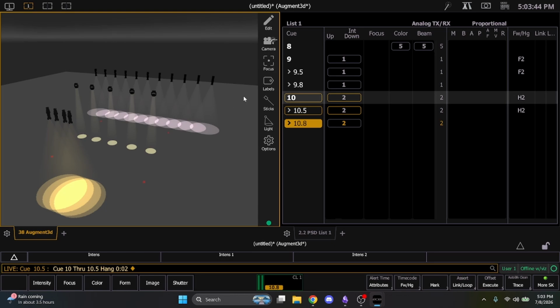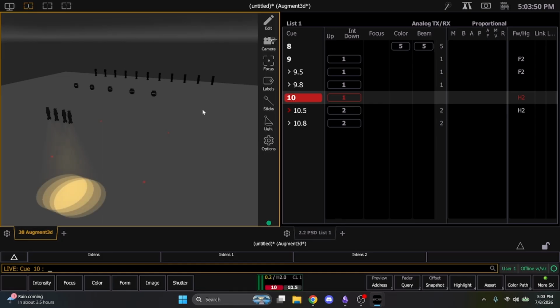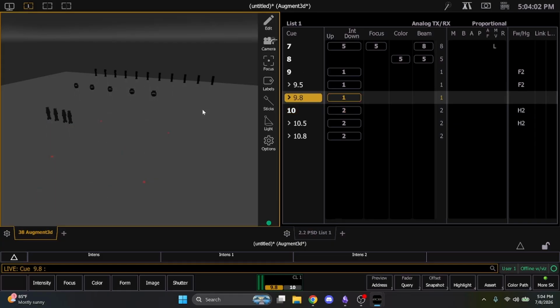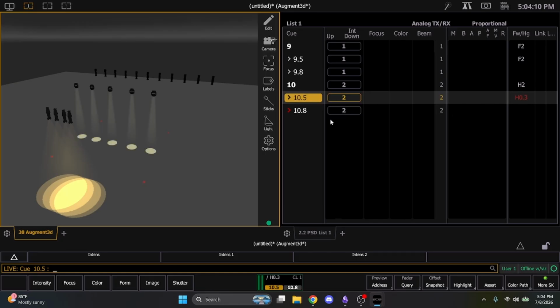So if we go back to Q 9.8, everything's off. We go into Q, it takes 2 seconds to turn on, it waits 2 seconds, then the next one turns on over 2 seconds, and then waits 2 seconds. Double checking that works. So you see this number change, then that one goes. Then this one will count down, and then that one will count down. And then that will count down. Now,